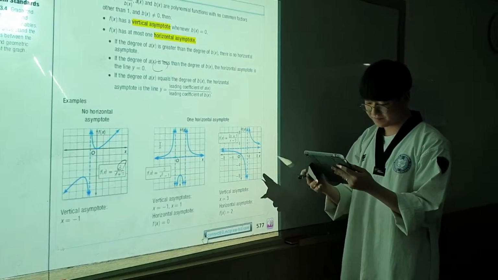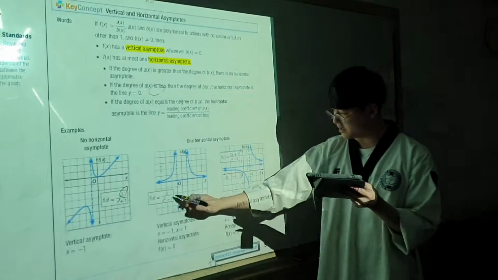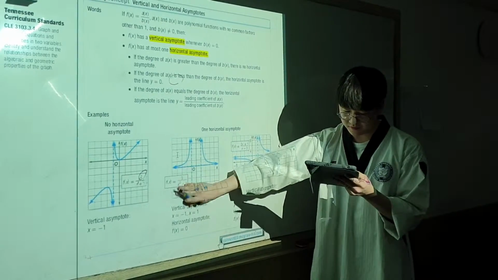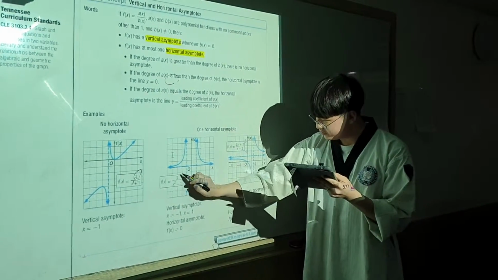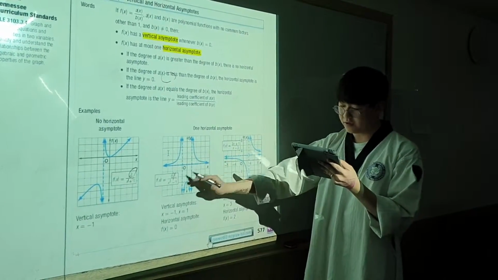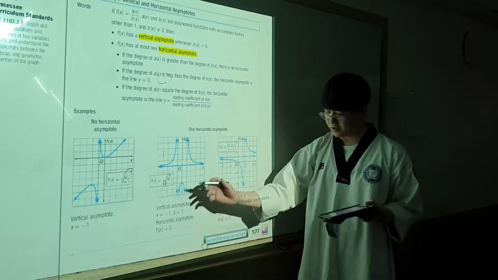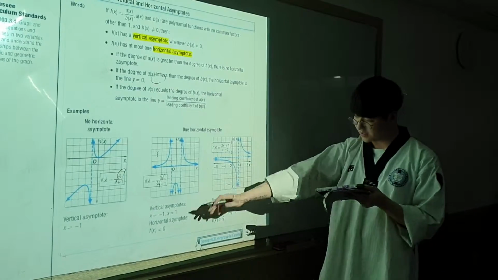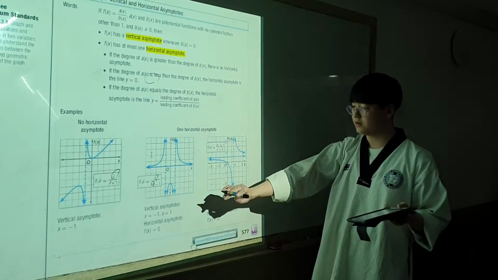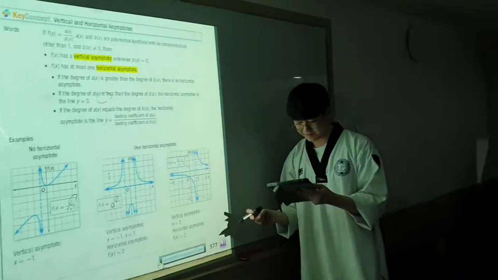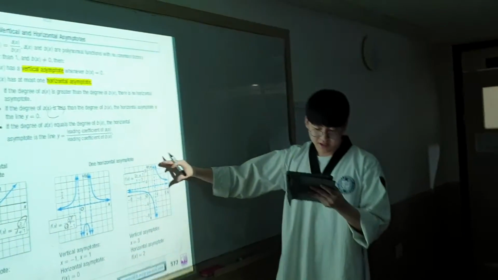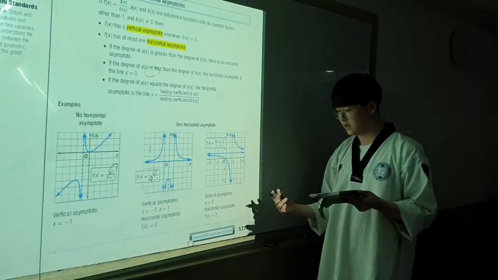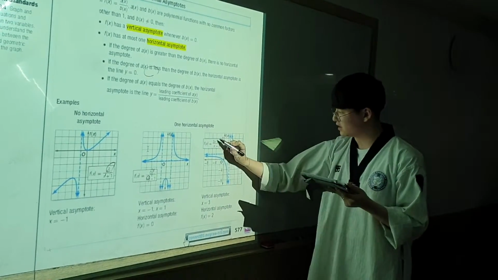And second, if the numerator's degree is smaller than the denominator's degree, then the horizontal asymptote is y equals 0. Always. And here, the third one: if the numerator's degree and denominator's degree are the same, like this, 1 and 1,